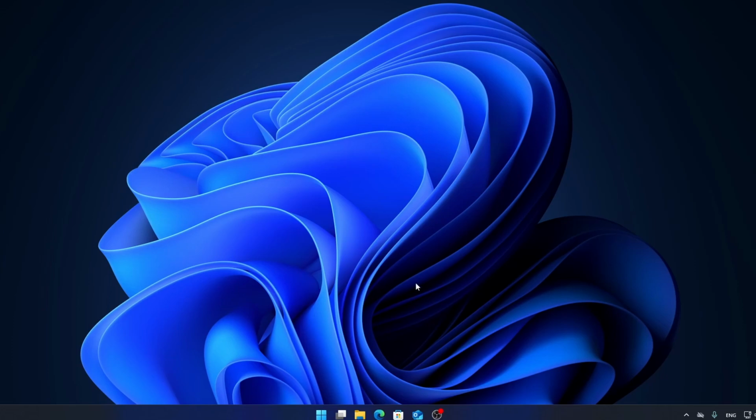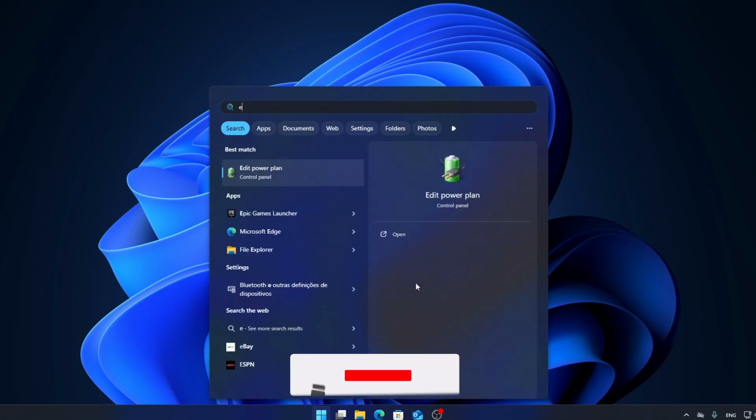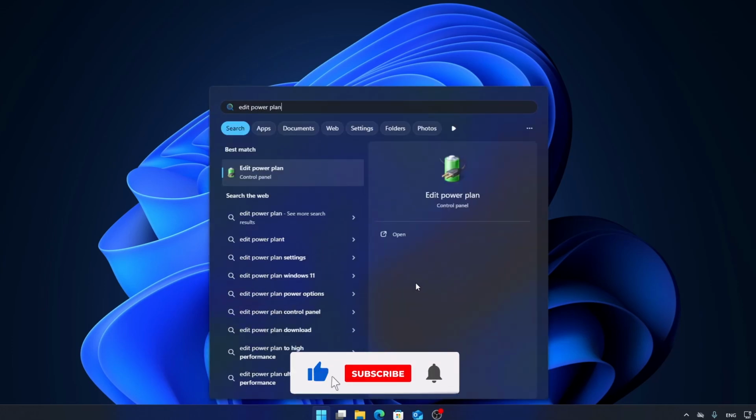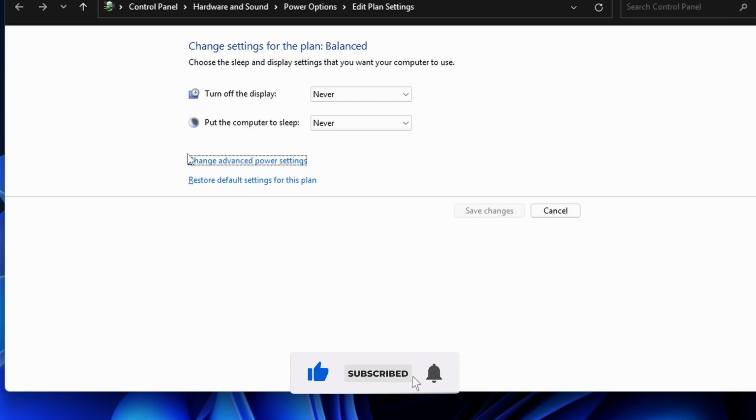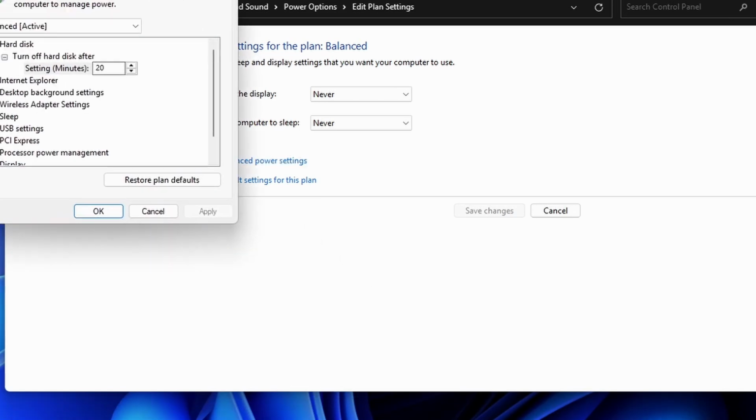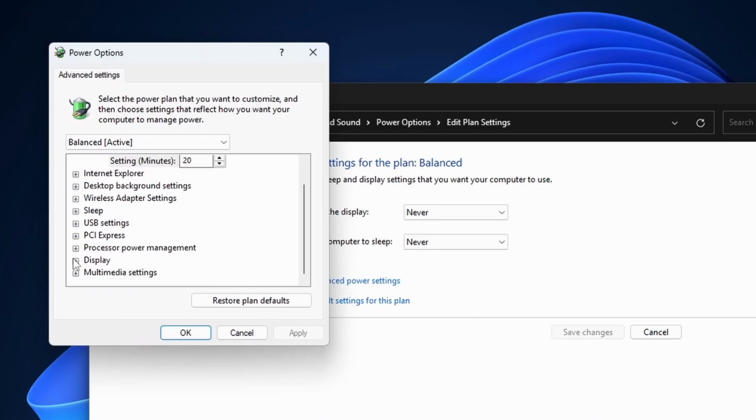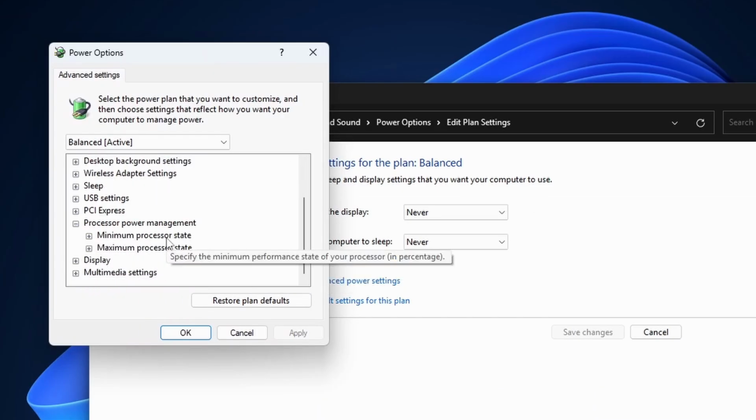All you need to do is press the Windows key, then type in Edit Power Plan, press Enter. Now you want to click this Change Advanced Power Settings. On this one, you want to go down to Processor Power Management, and you want to expand these to minimum